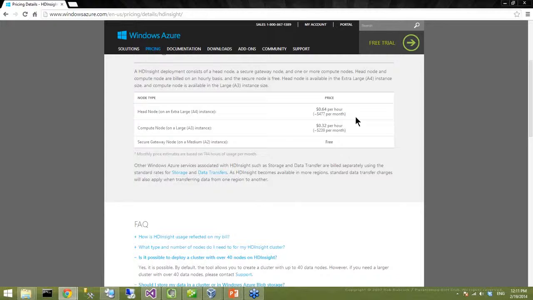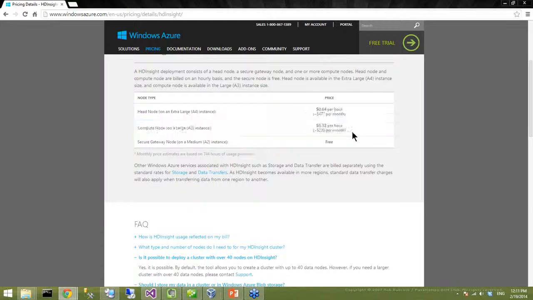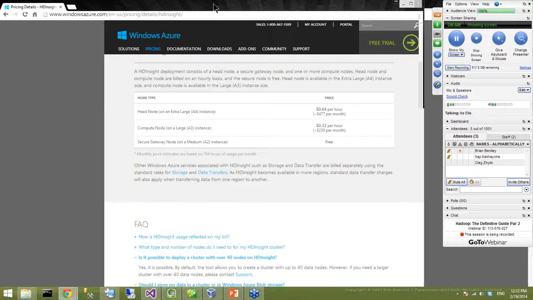But typically with Hadoop, you spin it up, do your work, and then shut it down. If you do a 3 node cluster, you're spending $1.30 an hour or something. So when you play with it, you want to spin it up in a few minutes, play with it, and then shut it down when you're done. You don't want to keep it up and running all the time. But HD Insight's only in Azure.